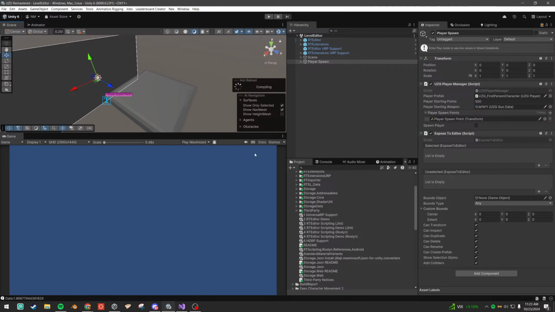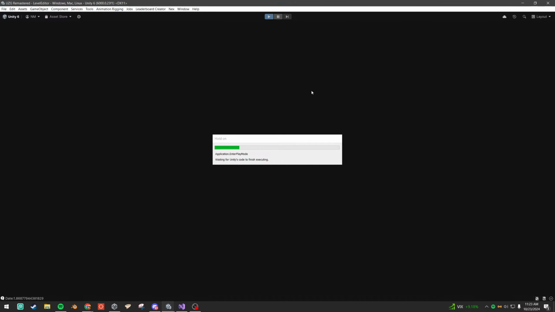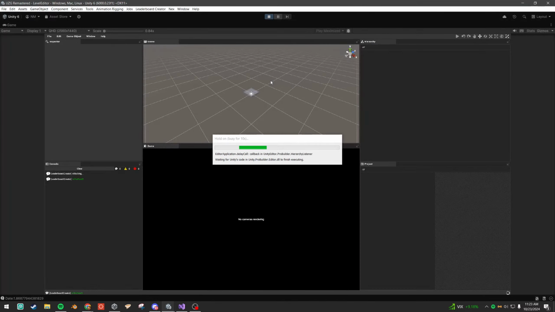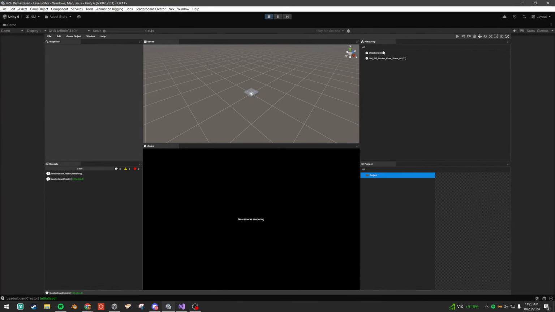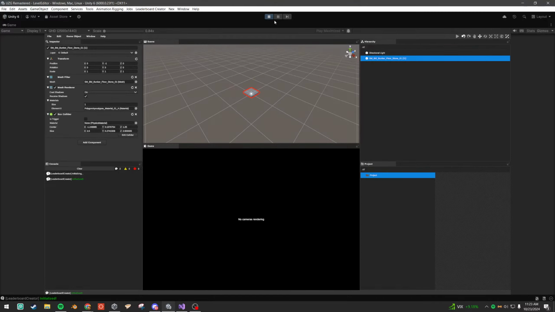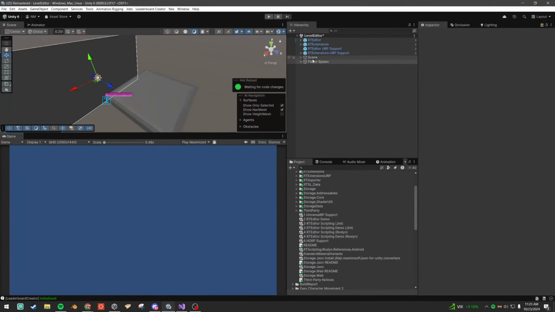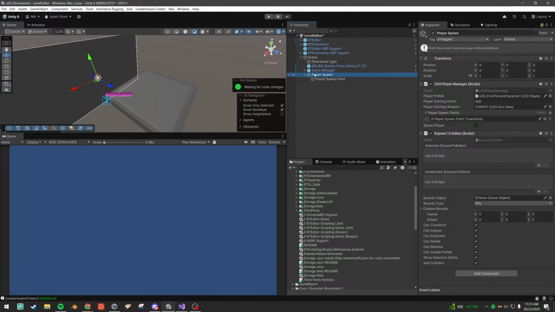Now hopefully, in the level editor, we can adjust the amount of points we start with. All right. I forgot to drag it in. So if we drag this in,